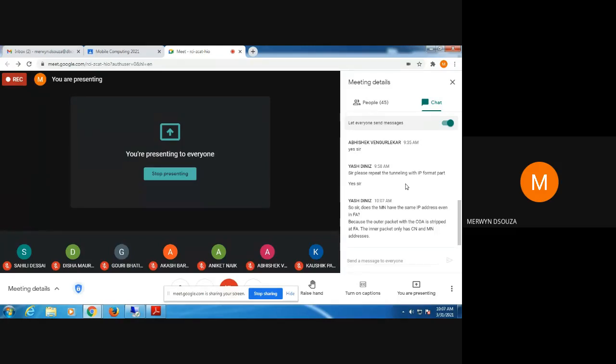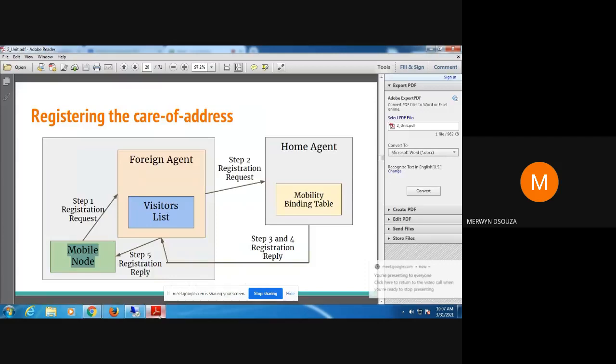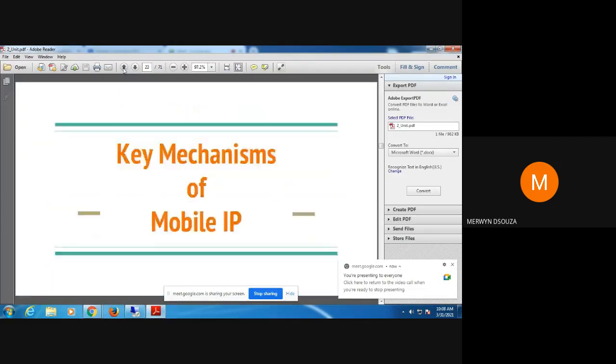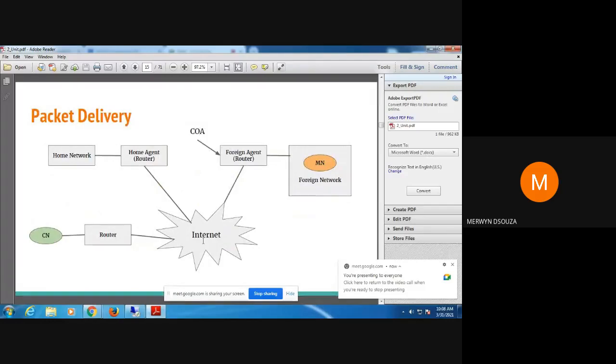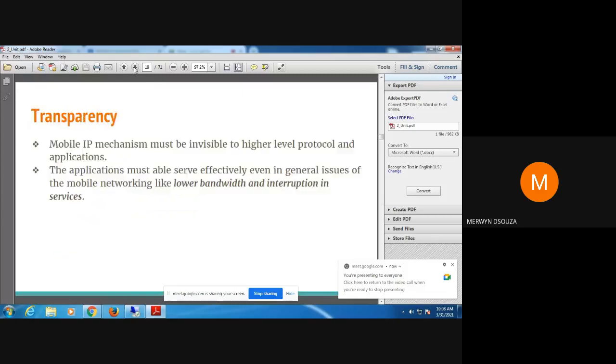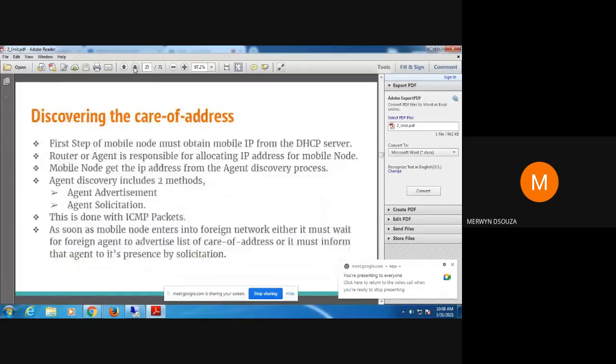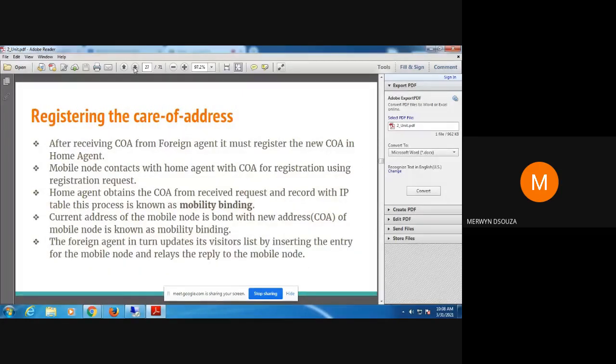Okay, that is because of this entire process of packet delivery that we have just studied all these days. Because of this entire process, wherein the mobile node goes to a foreign network and obtains a temporary address, the mobile node is able to keep its original address. Okay, is it clear now? Everything that we have been speaking about for the last 2-3 lectures.